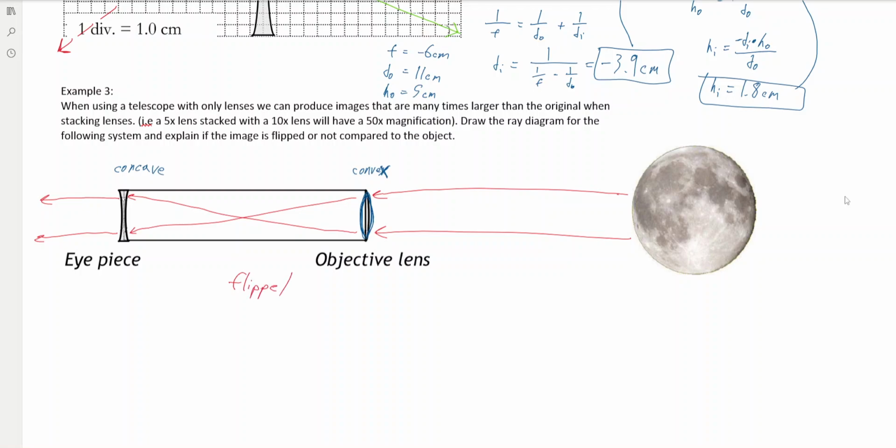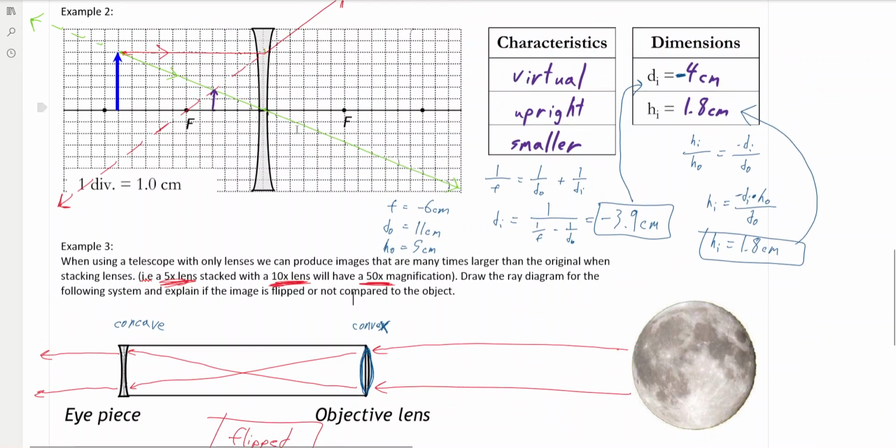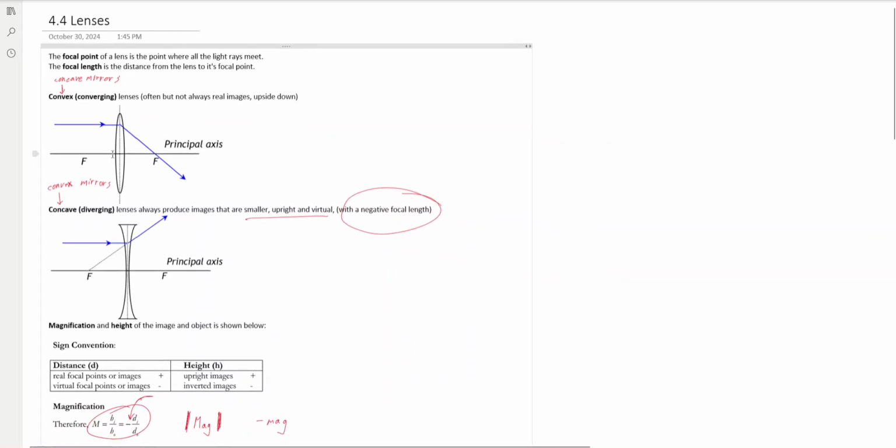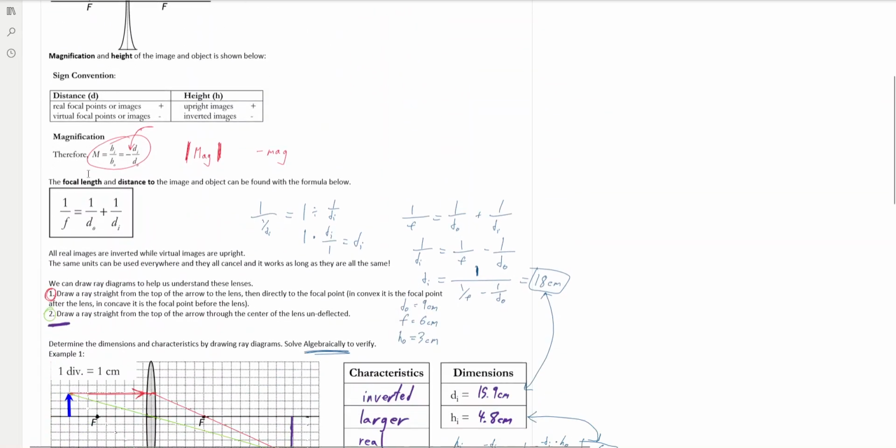So an interesting question. And also just keep in mind this magnification idea. You can stack magnification just by putting multiple lenses together. So a 5 times magnification and a 10 times magnification will give you 50 times magnification. Alright, I hope this video helped you better understand lenses and how to draw these